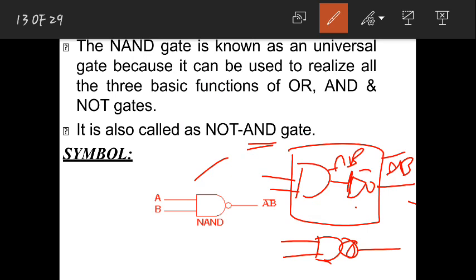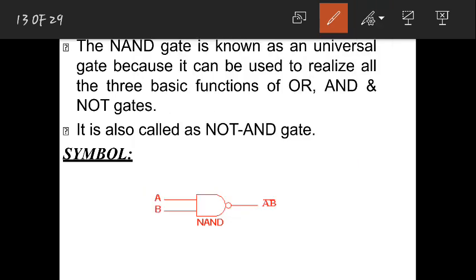So by placing this I am complementing the output of an AND gate. In this way I got this NAND gate. This is the symbol of the NAND gate, these are the two inputs of the NAND gate, and this is the output of the NAND gate, AB whole bar. You might already know AB is the output for the AND gate. If you remove this N, you have AND. For AND you have only AB as the output, but if you add a NOT gate in front of an AND gate, then the output will be the complement of that output. So here you will get AB whole bar. In this way the NAND gate is produced. Even the truth table will be the opposite of the AND gate.